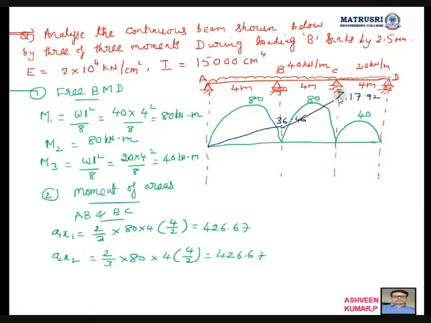Again here MD is how much? 0. So this is positive, this is negative, this is positive, this is negative, this is positive. So this is your bending moment diagram. So whenever the sinking is there, whenever sinking of support